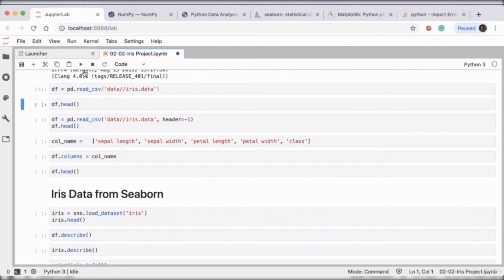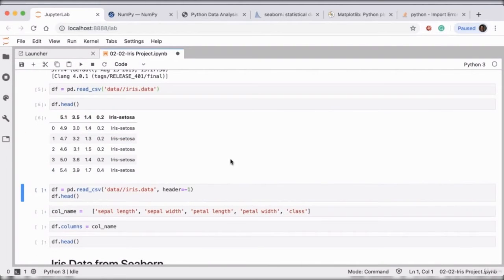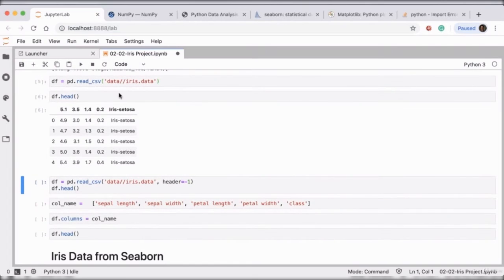Let's run this, and you can see, right, as I mentioned before, these are in tabular format, in columns and rows. There is one problem though: this row is actually a row of data, and the read_csv method thought it was the column header,